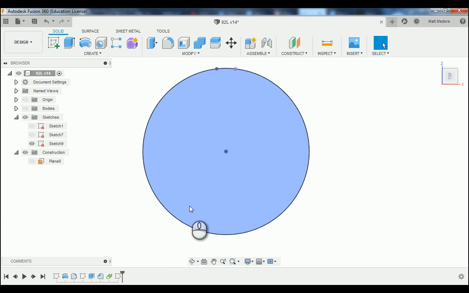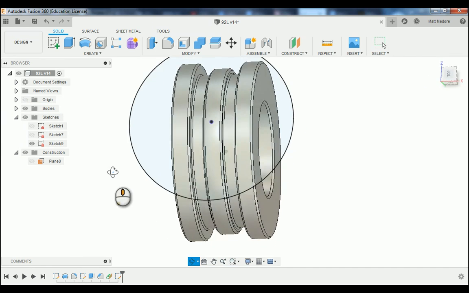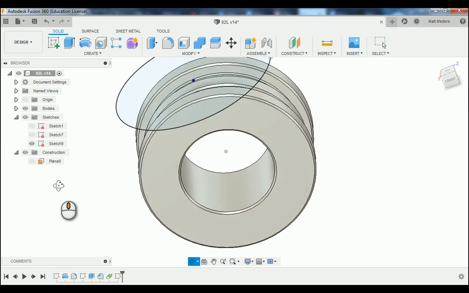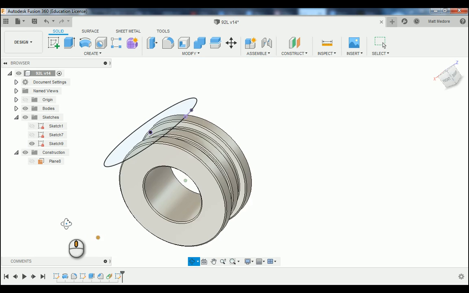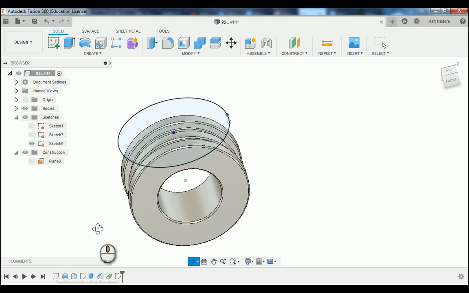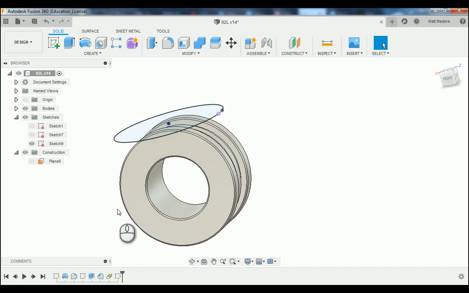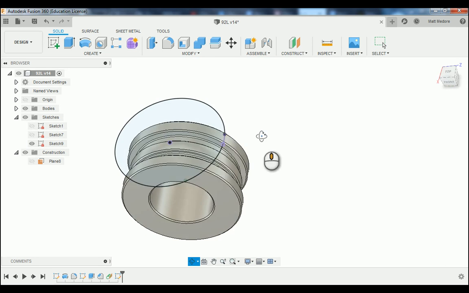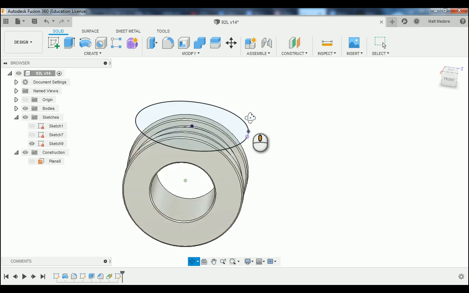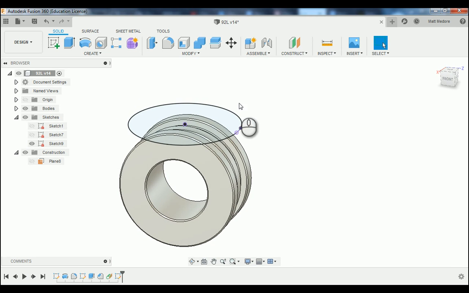Now that we have our circle in place, if we turn our body back on, you'll notice that this circle that we just created is on the top of our part. With that in mind, imagine us taking half of this part, and the half that we're going to be looking at is the top section. Well, that top section will have that circle in place. Now we're going to save our part,